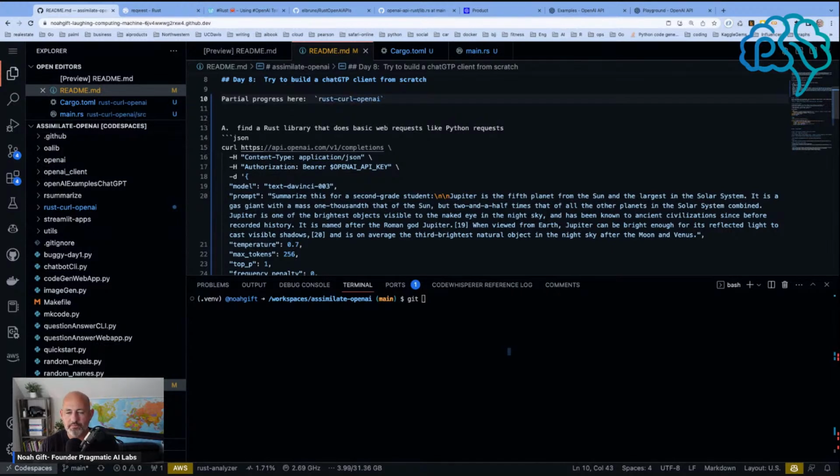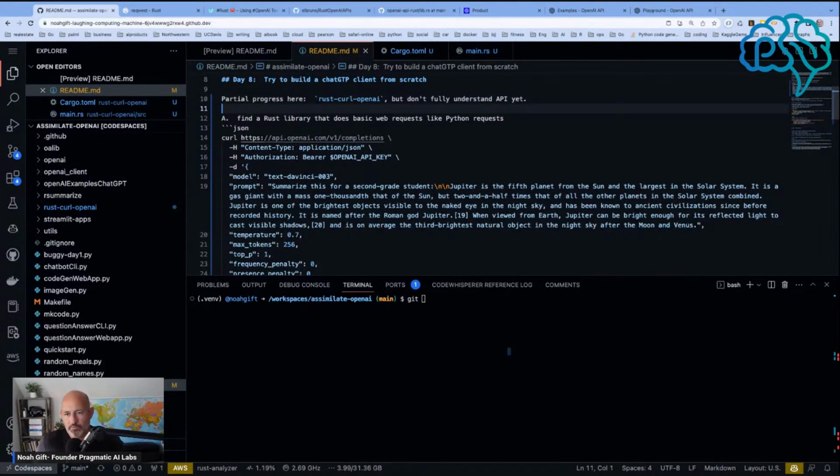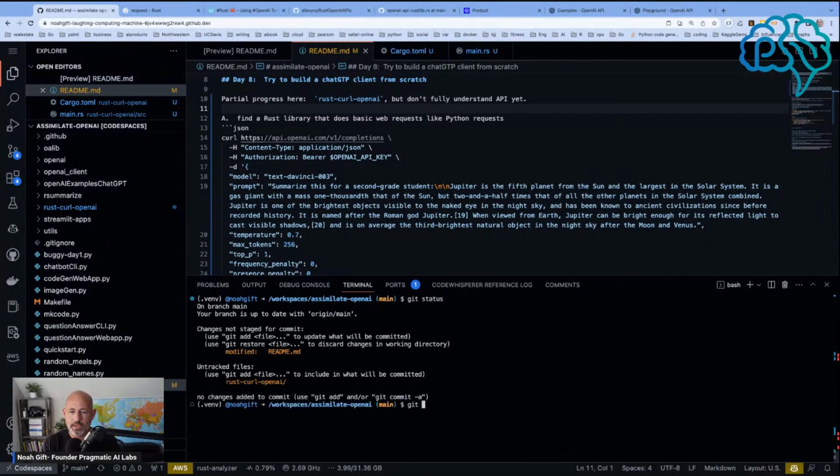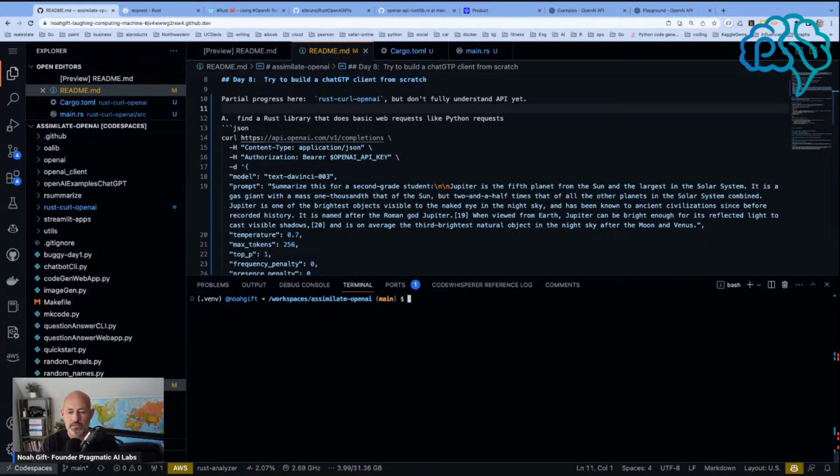So I just need to, but don't fully understand API yet. So need to make a little bit more progress with that. So I think I can just check this in though and just say get status, git add this, commit, adding partial progress for raw HTTP requests